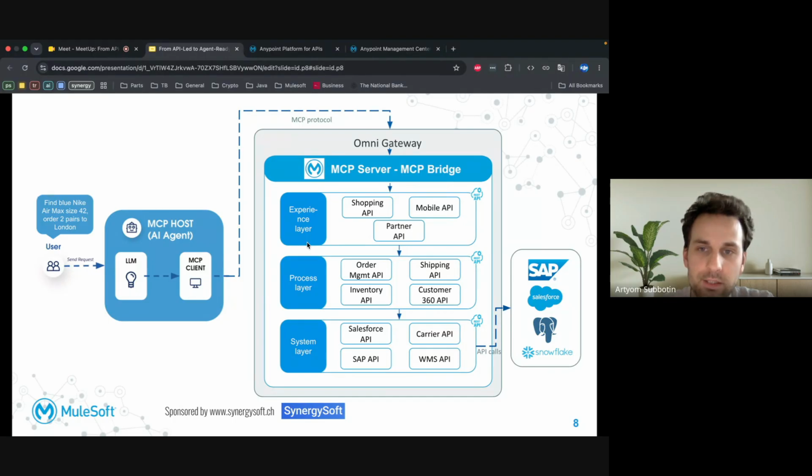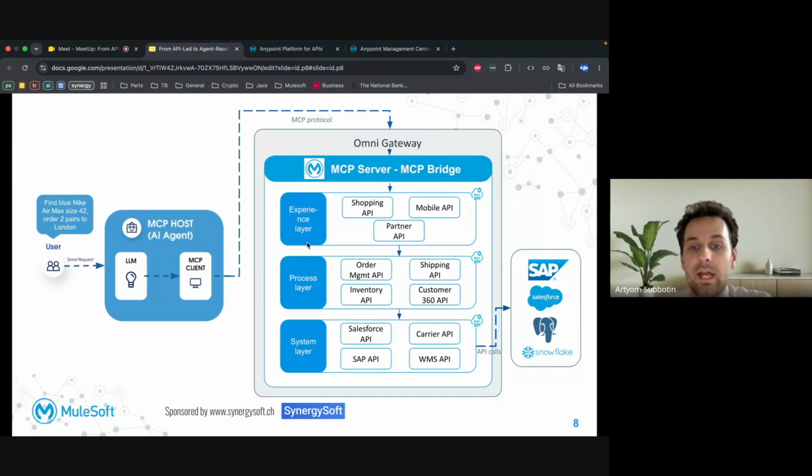There is no new application again. Omni Gateway, configured with the MCP bridge, is itself an MCP server. It receives the tool call, looks up the mapping configured during setup, and translates it into standard HTTP requests against the inherited REST APIs. So there's no need to understand the acquired code base. No need to modify it. The mapping is configured in API Manager by someone who understands what endpoints do, not how they were built.